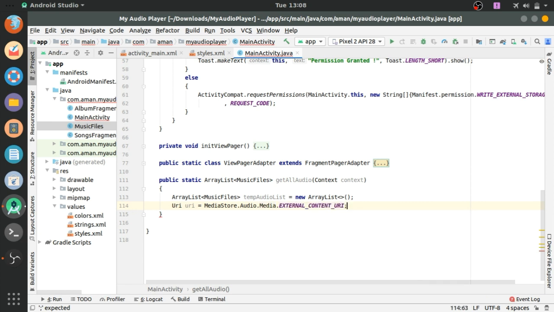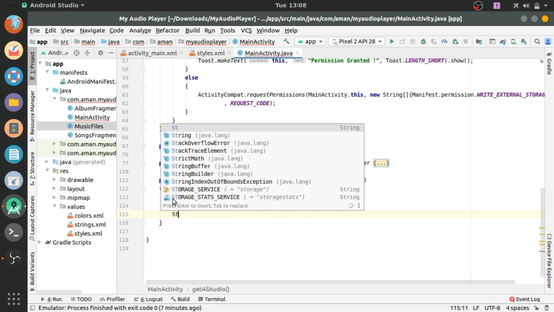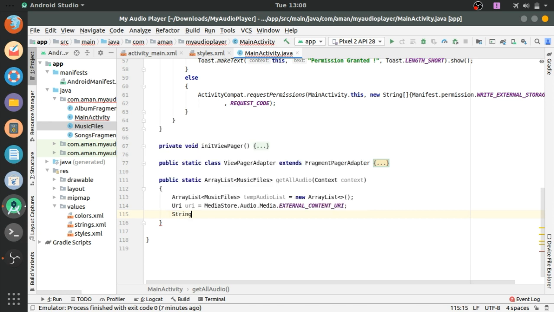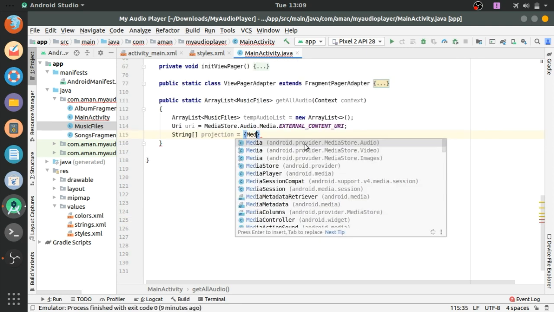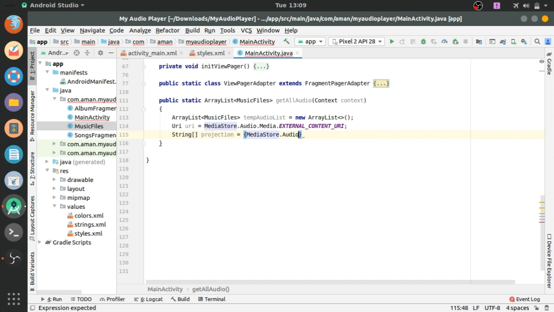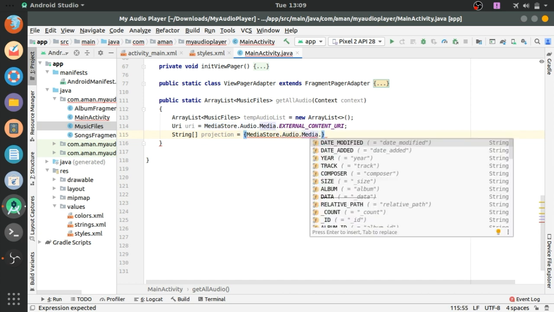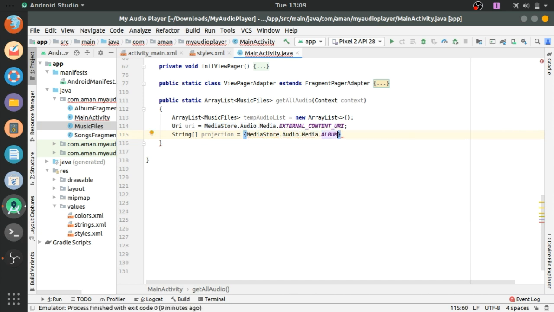Now Uri uri equals MediaStore.Audio.Media.EXTERNAL_CONTENT_URI. Now declare an array of String with the name projection equals MediaStore.Audio.Media.ALBUM.